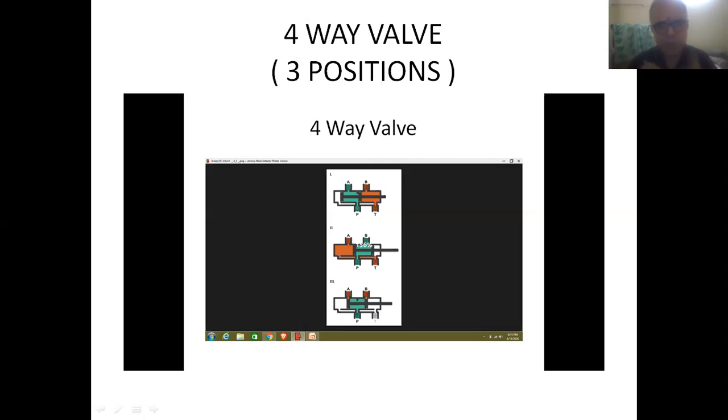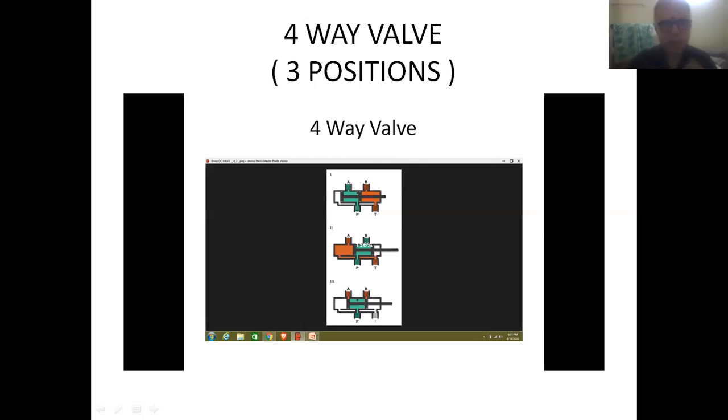Friends, one more thing: this valve has 2 outlet ports, so it is suitable only for operating a double acting cylinder. The first outlet of the DC valve is connected to the first port of the double acting cylinder, and the second outlet of the valve is connected to the second port of the cylinder.